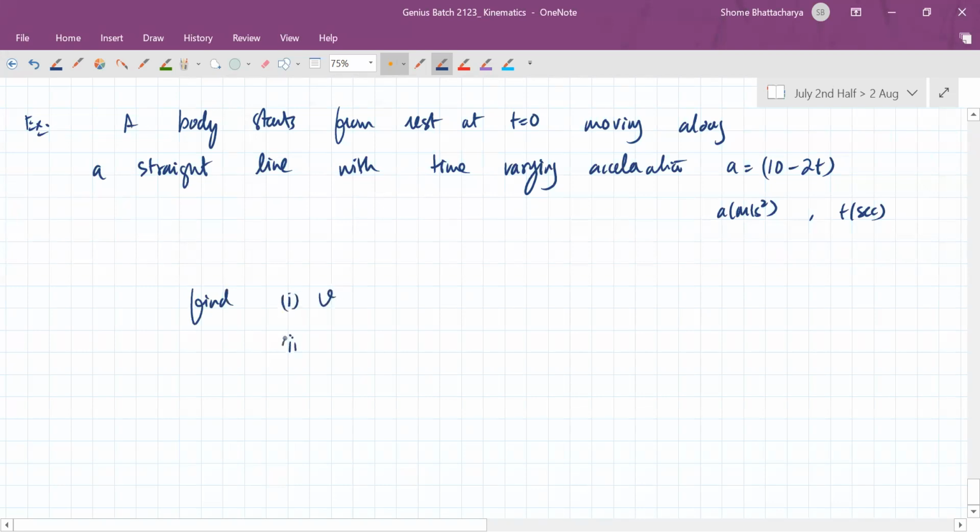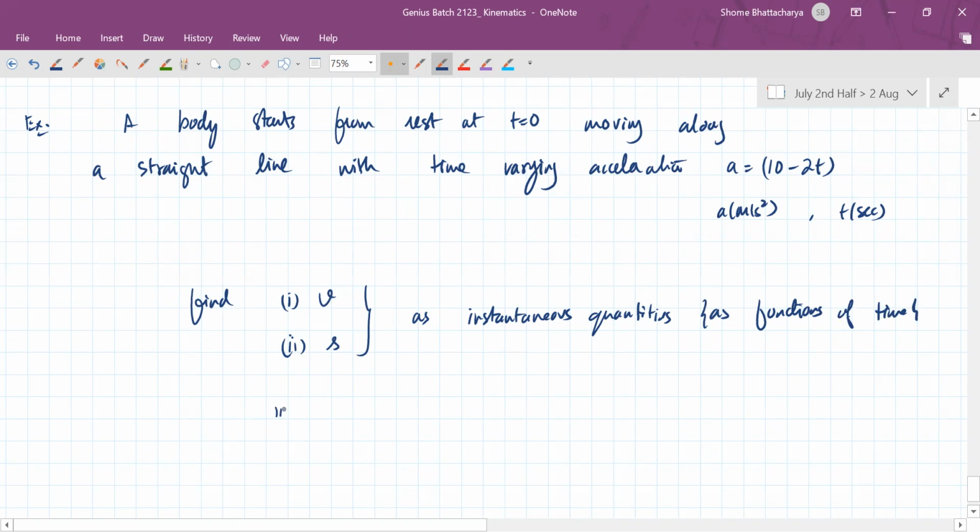instantaneous velocity and displacement as instantaneous quantities. Means as functions of time. Then find the time at which the body stops again,